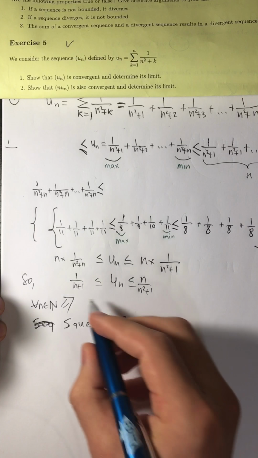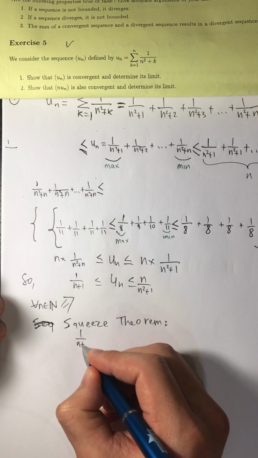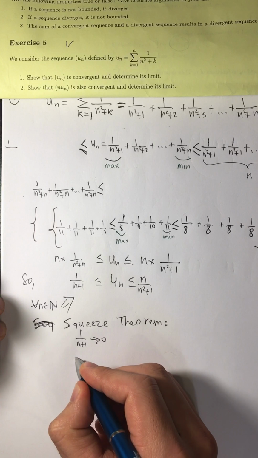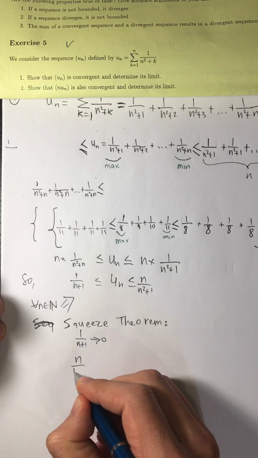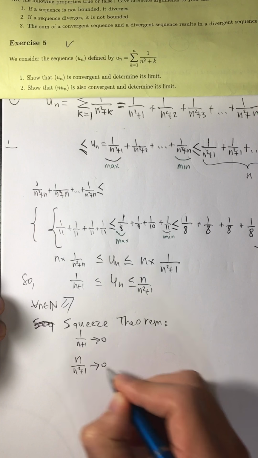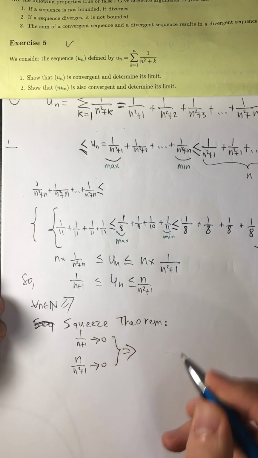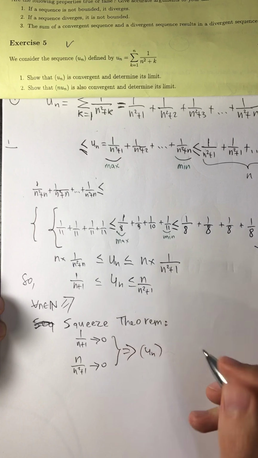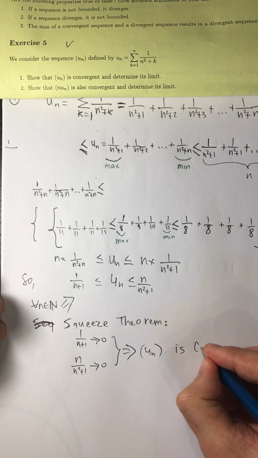Based on this theorem, we have 1 over n plus 1 approaching 0, and n divided by n squared plus 1 goes to 0. Based on this too, we can decide that u_n is convergent,